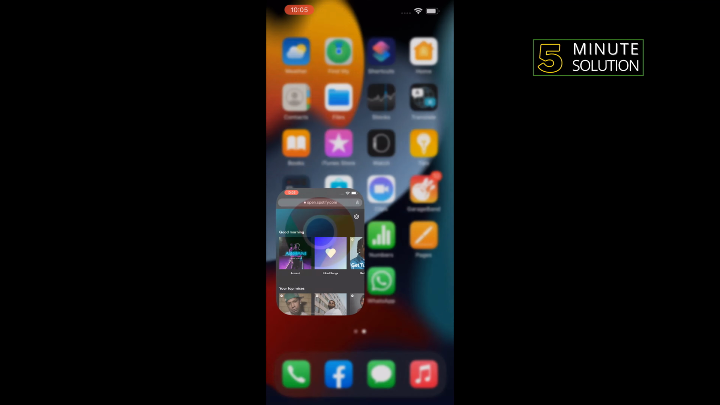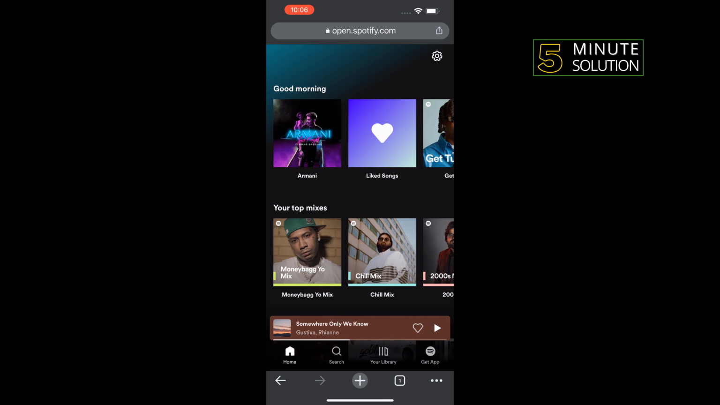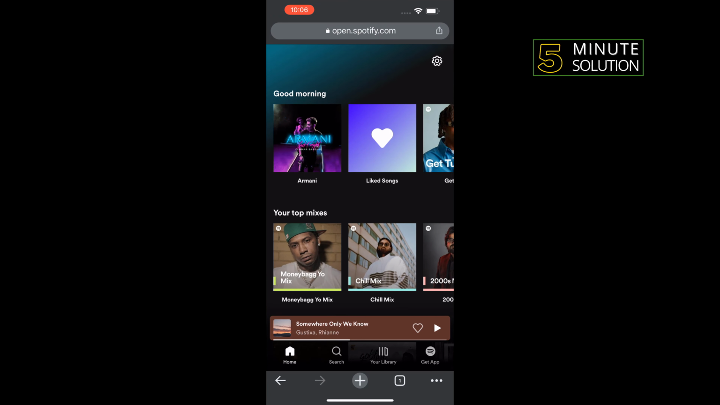To do that, open your browser and open spotify.com. Make sure to log into your Spotify account here. If you don't have an account, you can create a Spotify account using your Apple ID, your Facebook account, or your Google account. So log into your account, and now you can tap on this search icon to